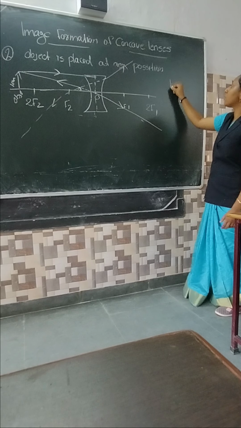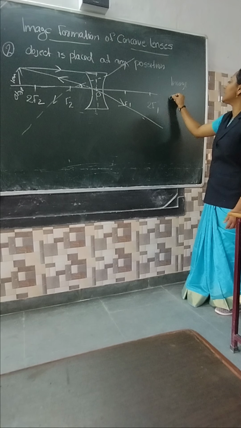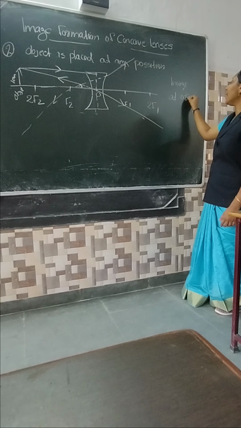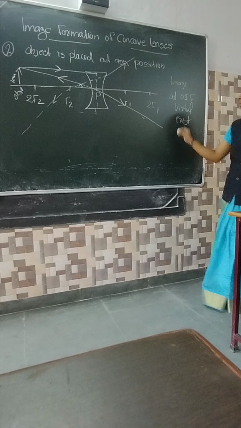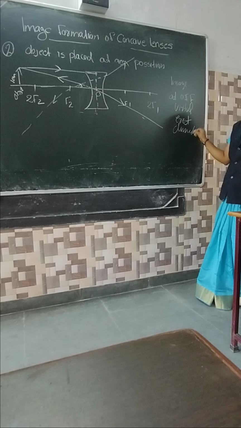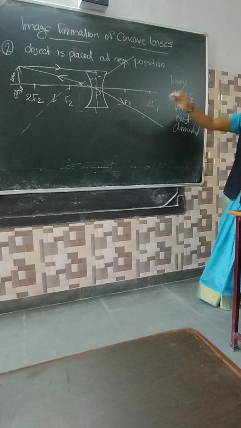What are the properties of the image? The image is placed between O and F. Is it virtual or real? Virtual, because it is a divergence. Is it inverted or erect? Erect, because it is above the principal axis. How is the size of the image? Diminished, small. Clear everyone? It is the same as the previous one, we got the same again. The reason is that in the case of concave lenses, wherever your object is, the image is almost in between O and F.